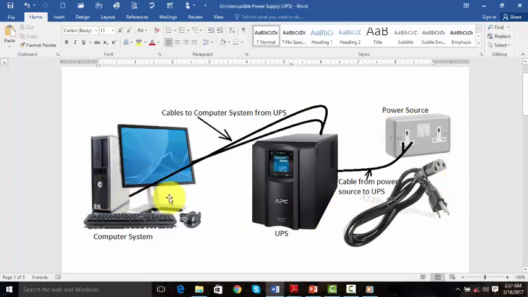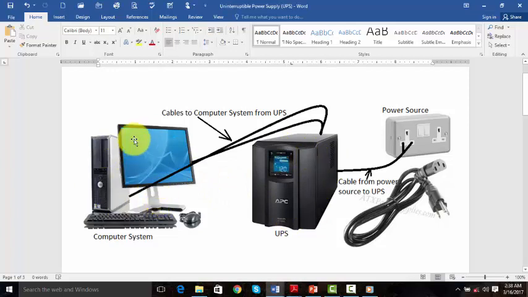Now, how does the uninterruptible power supply work? This UPS is more like a battery for a laptop. A laptop can be used even when there's no power, as long as there is a battery. So in other words, an uninterruptible power supply is also called a battery. Now, how does it work? When power, let's say for example in Zambia, when ZESCO power has gone, then this uninterruptible power supply will keep power to make sure that this computer does not go off.